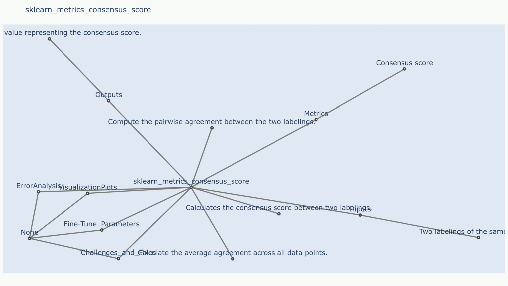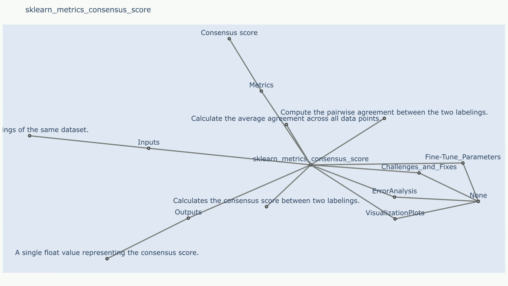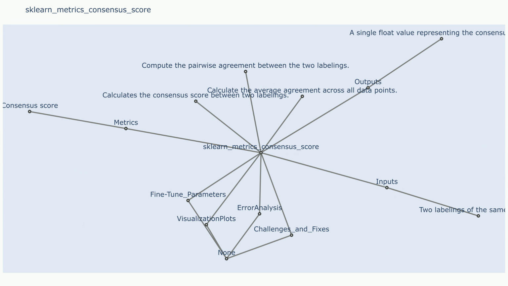Inputs. y_true, the true labels or target values for the samples. It should be a 1D array. y_pred, a list of predicted labels or target values from each classifier. It should be a list of 1D arrays, where each array corresponds to the predictions of a single classifier. The length of the list should be equal to the number of classifiers.